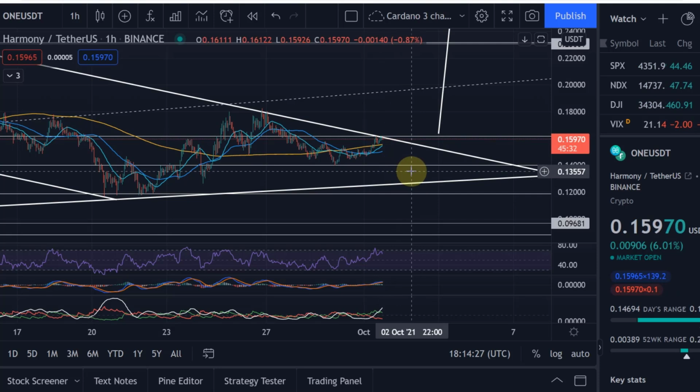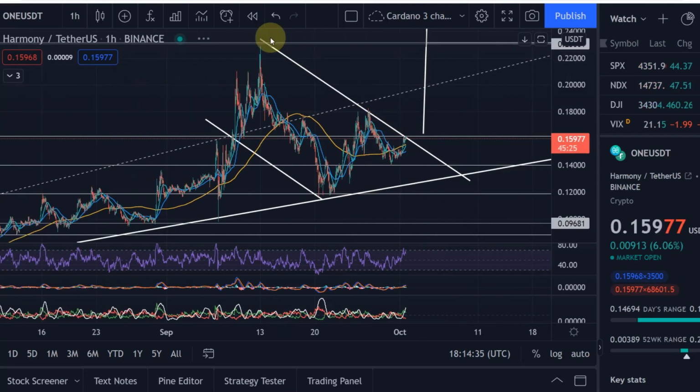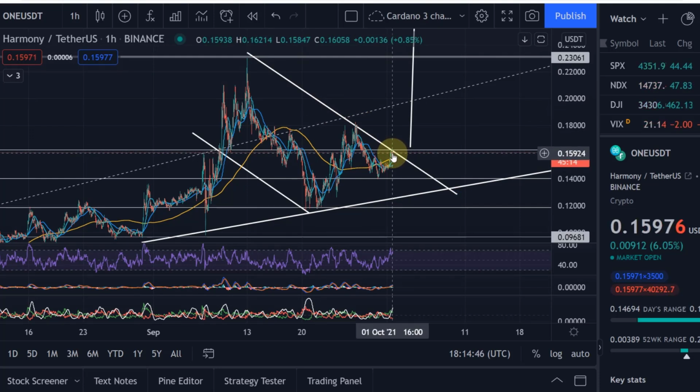But certainly a level to be watching out for is that descending trend line here off that handle, which is currently forming, and that channel within which we are currently trading, which seems to be a very valid one, because we had one touch point here, another one there. We're currently having the third one, and I don't think that is the breakout already, but nobody knows. But because we're already overextended on the 1 hour, I think we might come down once more and then potentially take another attempt, as we move into this apex here maybe, or even down here. So certainly very interesting on the chart,